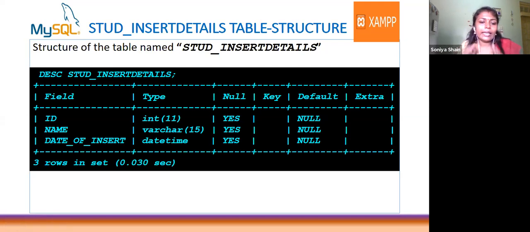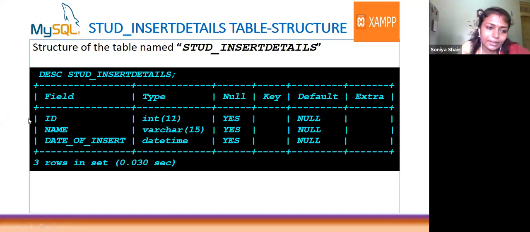But the event is happening in which table? Student table. And what is my trigger doing? The table is already created, I will explain the fields. What's the name of the table? Student underscore insert details. In that table, I am storing the insertion details.